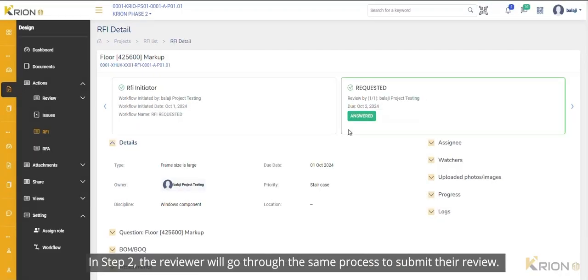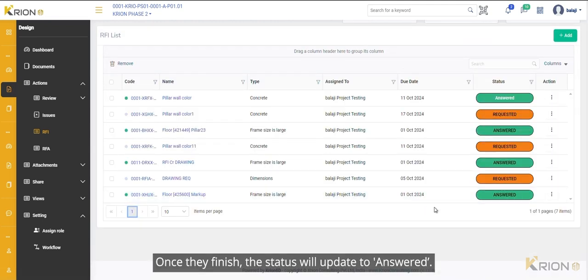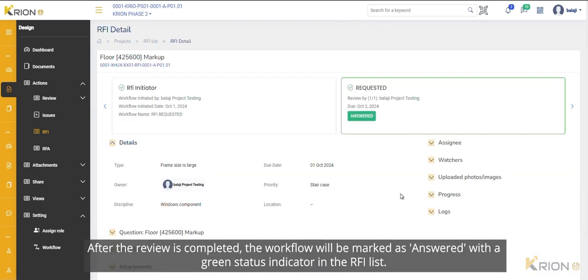In Step 2, the reviewer will go through the same process to submit their review. Once they finish, the status will update to Answered. After the review is completed, the workflow will be marked as answered with a green status indicator in the RFI